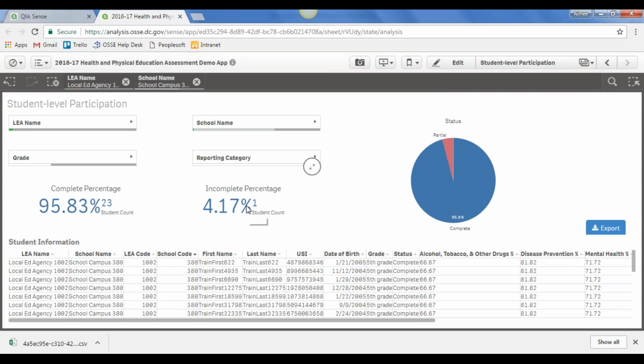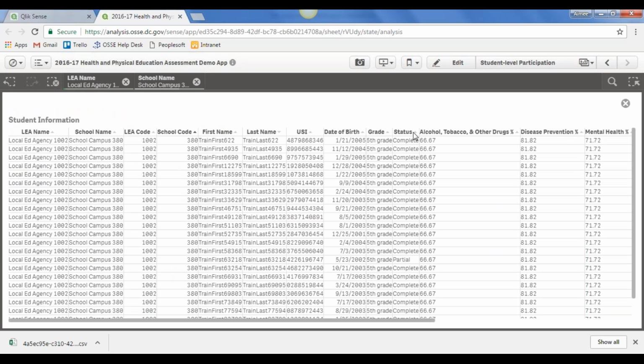Okay, so this school has one student who has not taken the assessment. Could be you have more than that when the real data comes in. And based on the filters I've selected, the table below again updates. I'll expand that. You can sort this table so that the partial or not started show up at the top and then complete down below. And so here I can see the student's first name, last name, USI, date of birth, and grade who have